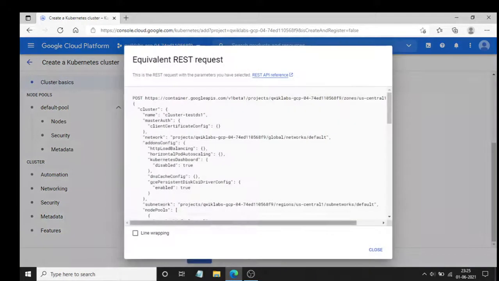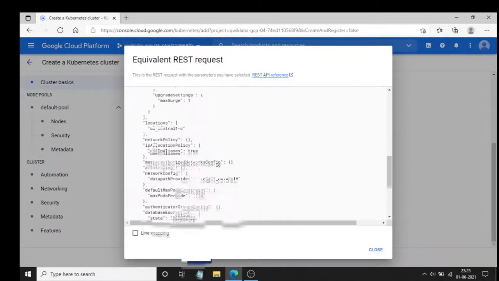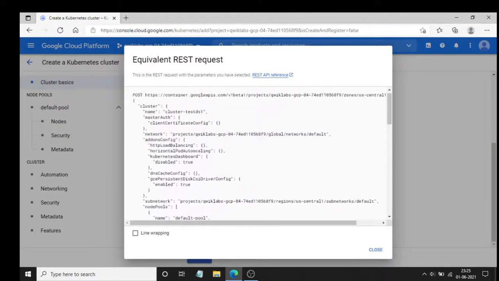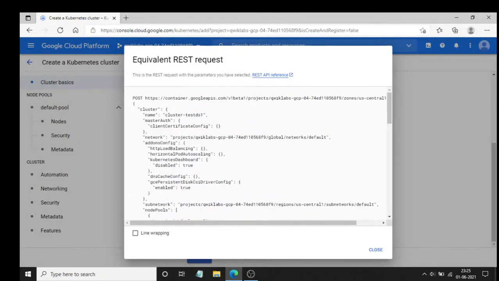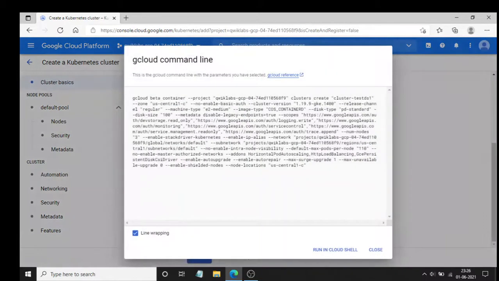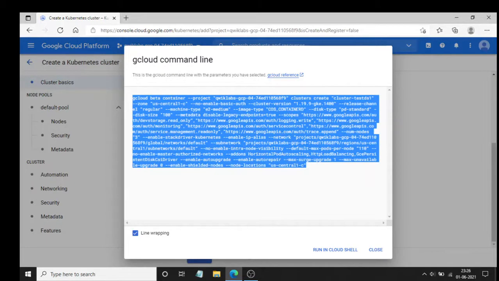Here you will find a sample format by clicking on it. It's so easy now. Just copy, paste, and change the cluster name, the location, and whatever you want, and you can start building a cluster. So easy, right? Earlier you used to memorize the commands, and now you can also check them in the command line. See, this is so beautiful here. Like create cluster test-d1, for example. If I run this command on gcloud, it will surely create a cluster.